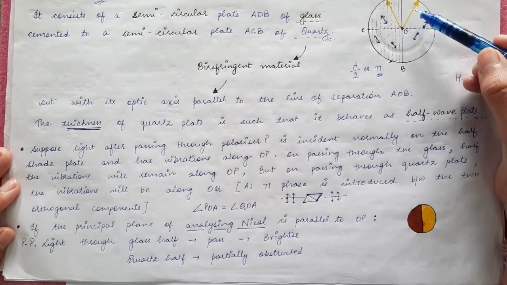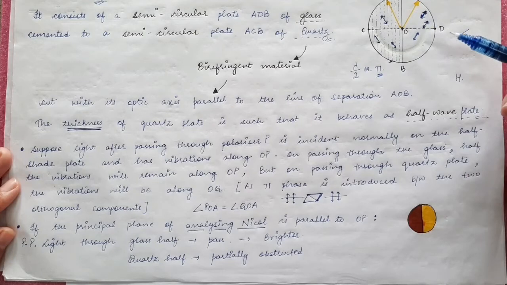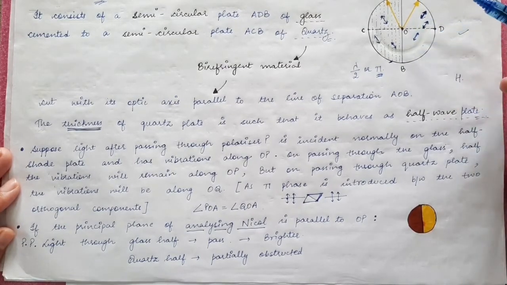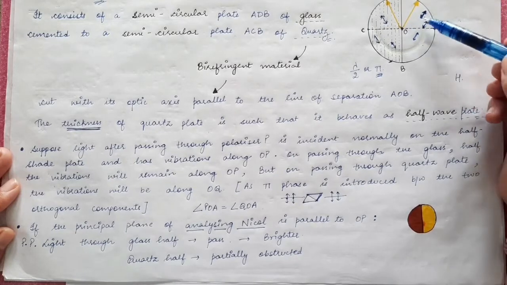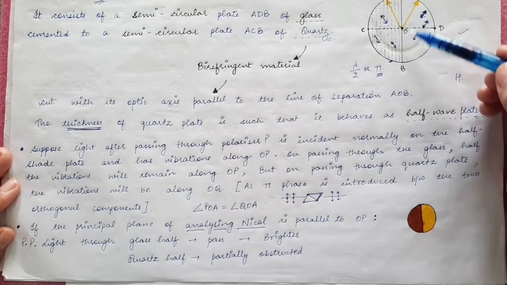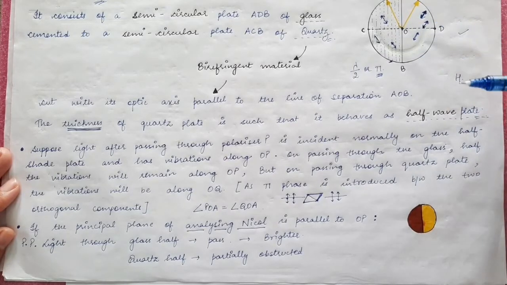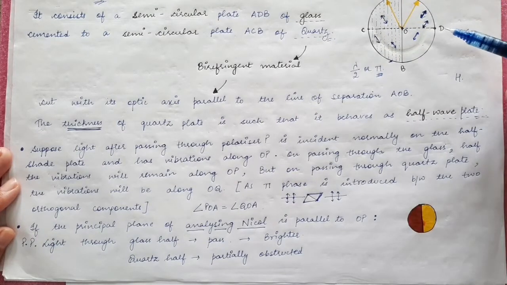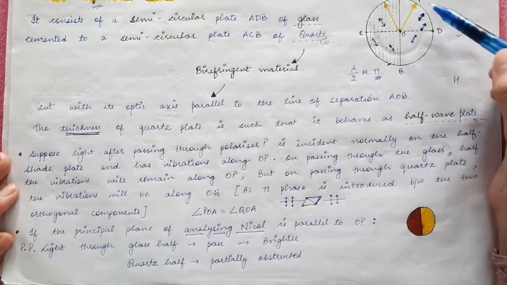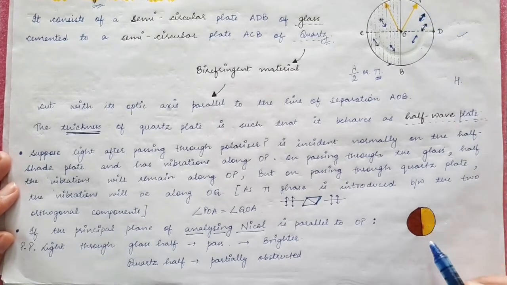meaning all the light rays which are coming out of the glass plate will pass through the analyzer as it is, because the light coming out of the glass plate has the vibrations of electric field in this direction, and the principal section of the analyzer is also in this same direction. So all the light rays coming out of the glass plate will pass through the analyzer as it is and reach our eye. So when you see through the eyepiece of this instrument, this portion of the glass plate will appear to you as bright,